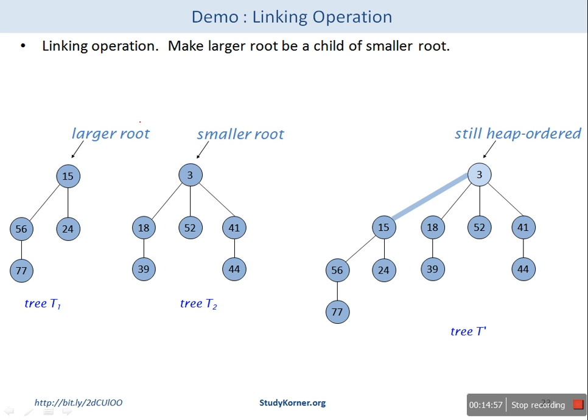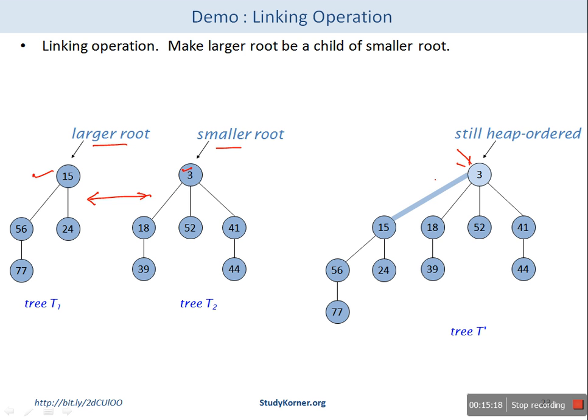Okay, before that, this is a linking operation. Suppose you have two trees with the root nodes 15 and 3. So here 3 is the smaller root, 15 is the larger root. If you want to link these two trees, then the link procedure will make the smaller root